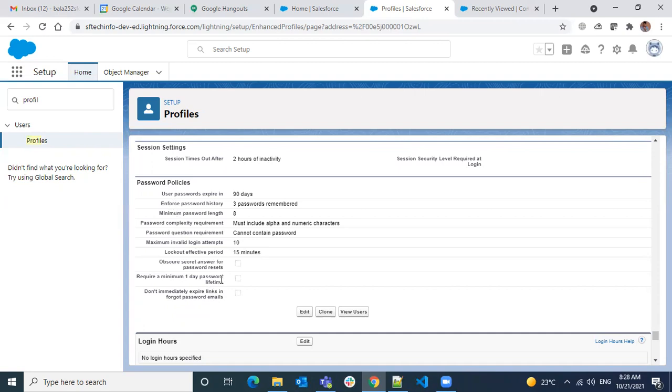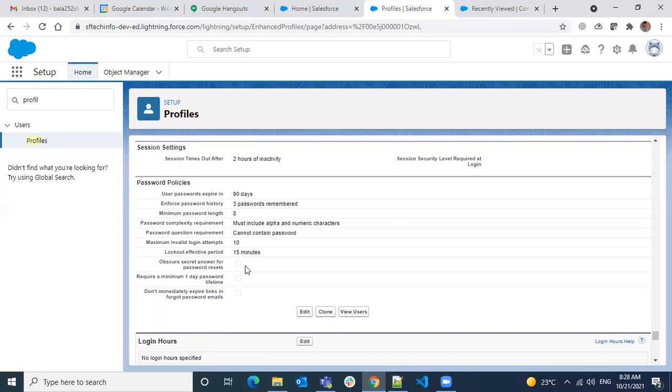So these are all self-explanatory. We can try directly. What I would like you to do is sign up for a developer edition. Don't try on your own profile. You will have a default system administrator profile.